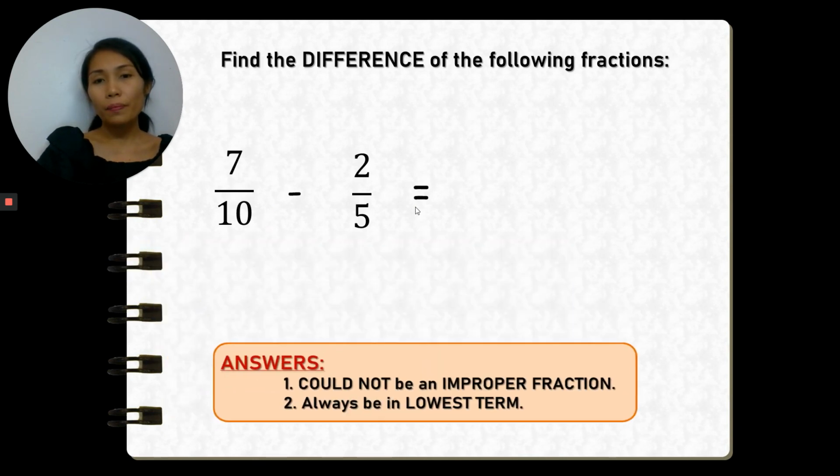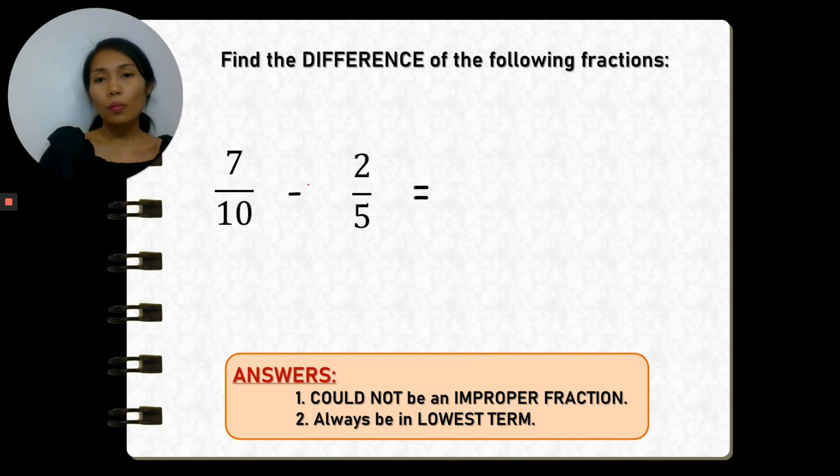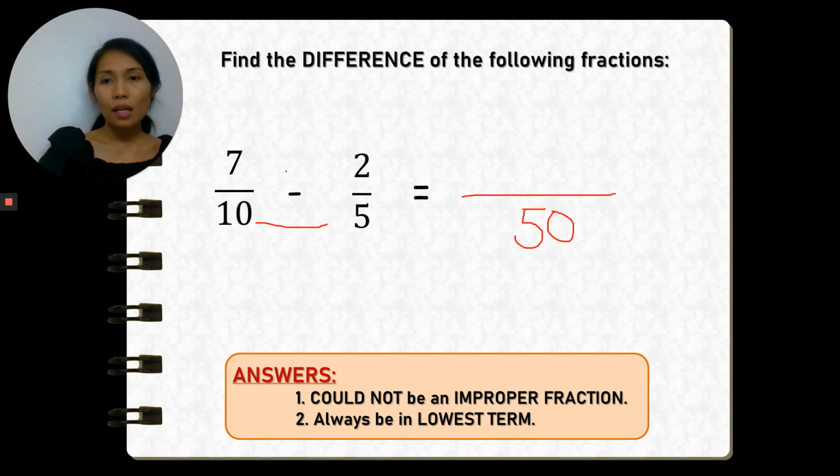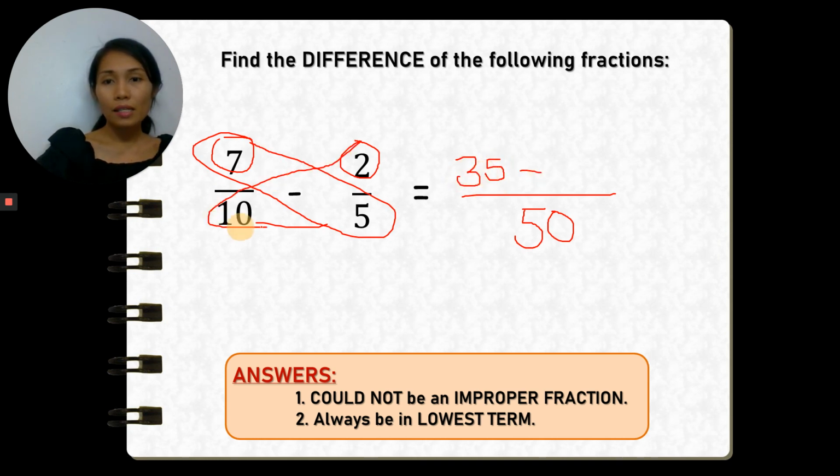Which one do you want to use? Let's try the easy one, cross multiplication. 10 times 5 is 50. Now, always start with the first fraction. Do not start with the second fraction. So 7 times 5 is 35, minus 10 times 2, or 2 times 3, is 20. So the answer is 35 minus 20,